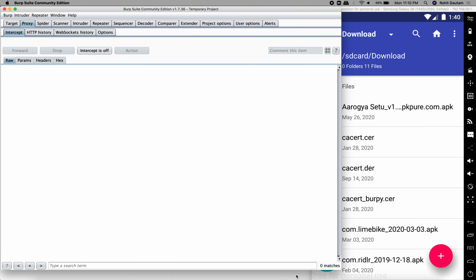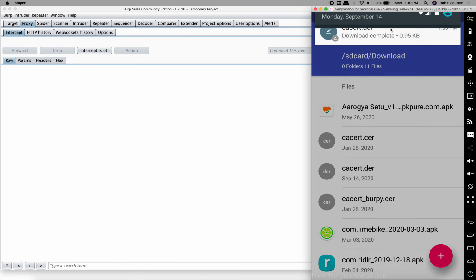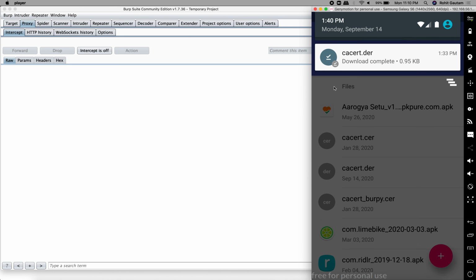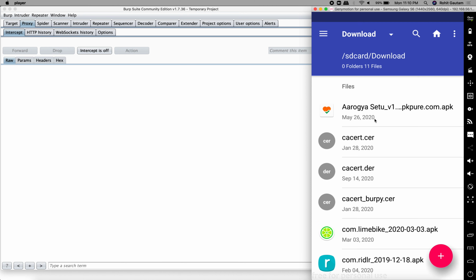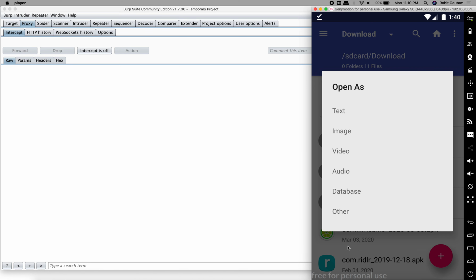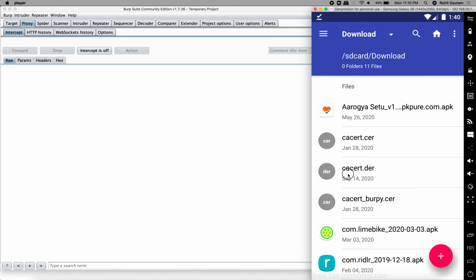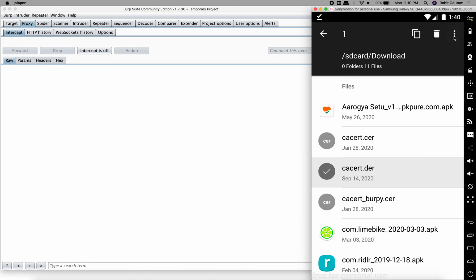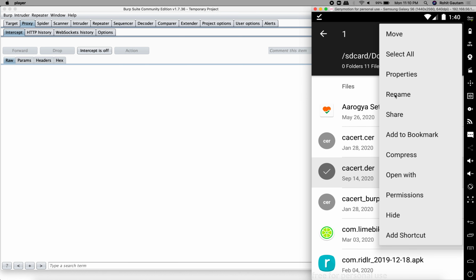All right. As you can see, we have downloaded the cacert in the DER format. So I have to rename this to CER to install it, because DER will not get installed on your Android devices. So you just need to choose this particular certificate, click on rename, and rename it. I have already renamed it, as you can see above.